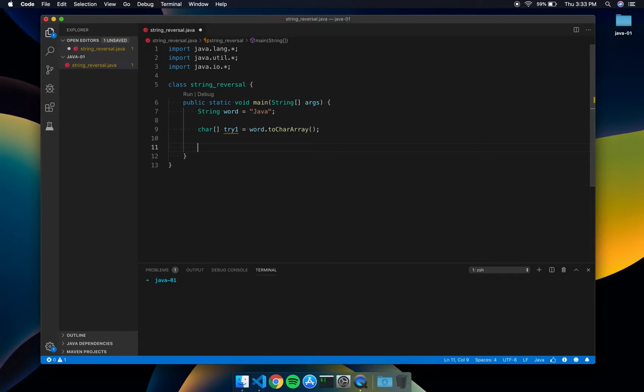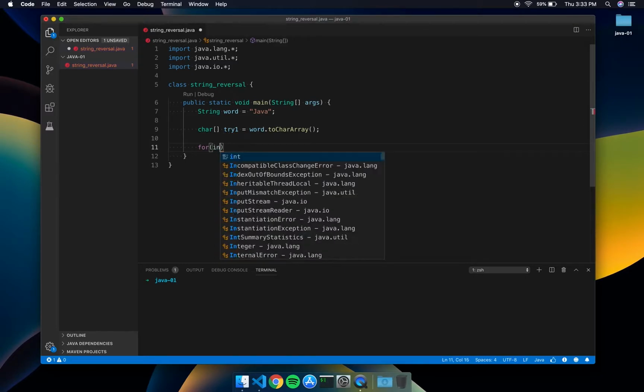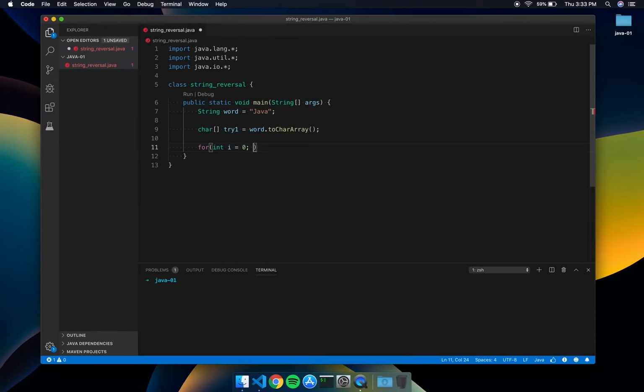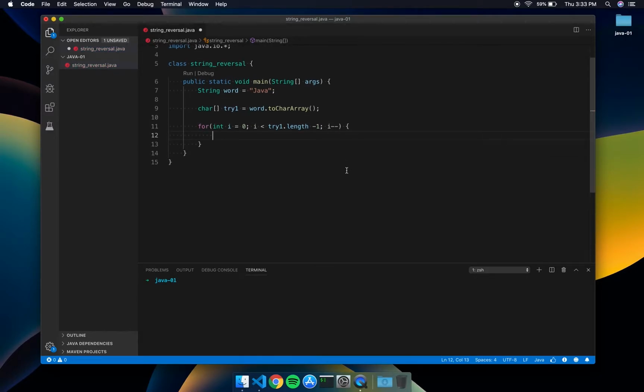And now we have to do this in a for loop. So the way this is, for int i equals 0, i is less than try1.length minus 1, and i plus plus, or I'm sorry, minus minus, because we're going the other way. And then 2 more square brackets,